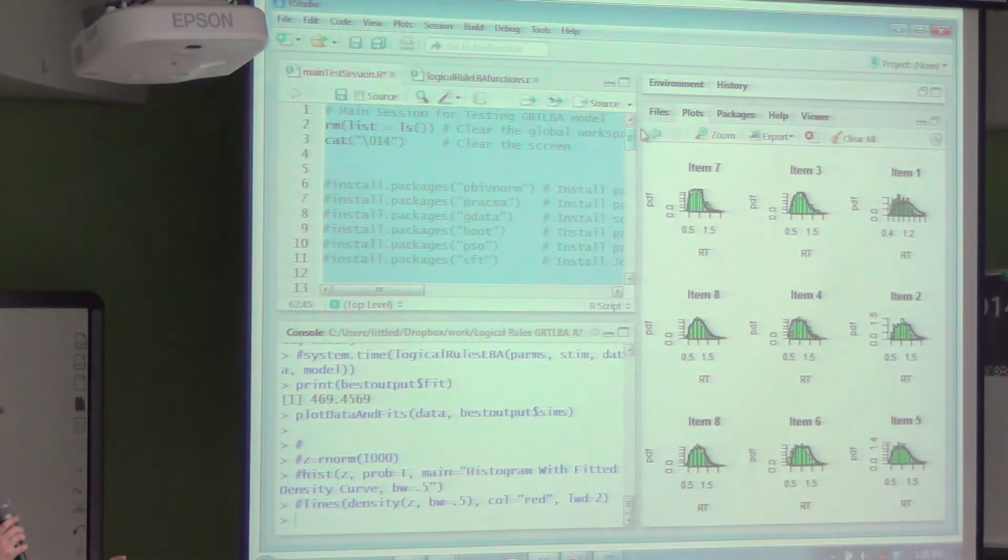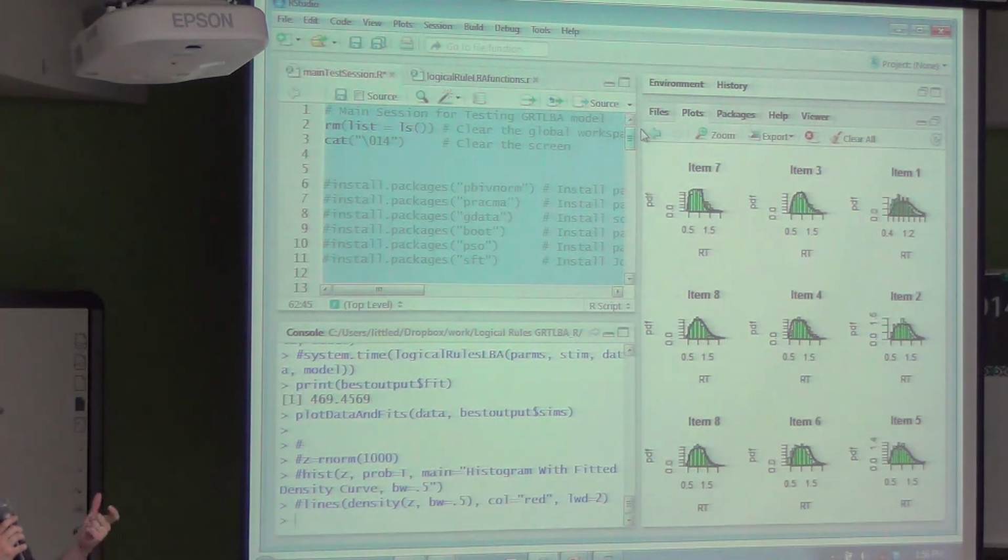The architectural predictions are differential enough that the actual sequential sampling model assumptions don't seem to affect them too much.